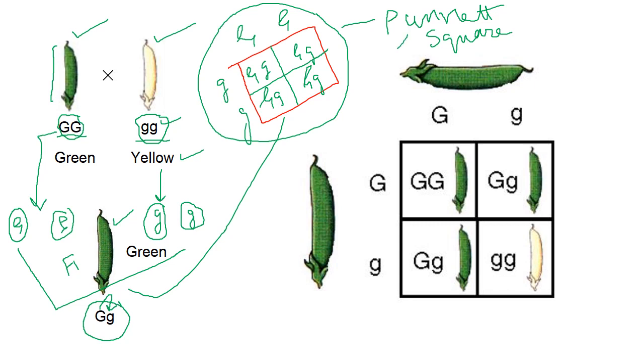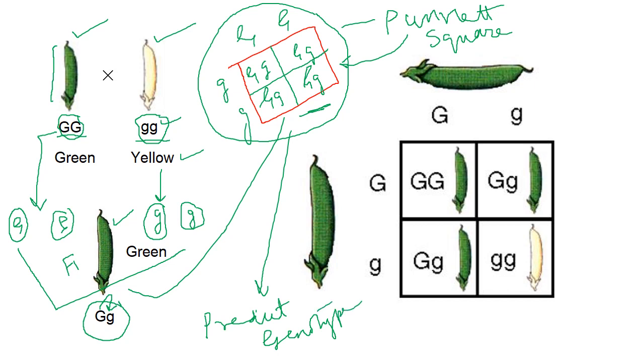Because of his name, this chart is known as the Punnett square. He gave us this chart, and it is used to predict the genotype of offspring